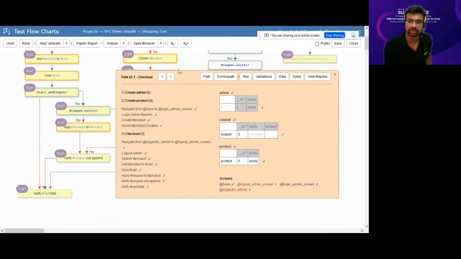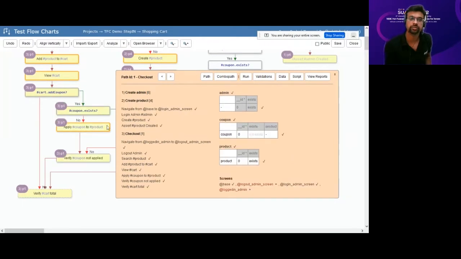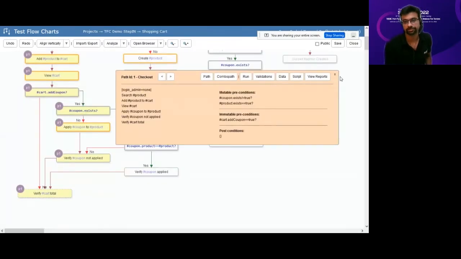In the previous path, we didn't do that. So all this is automatically being picked up based on the path. It is telling you all the actions that are being performed here, and here is the data associated with it. In this case, again, the price and the totals and the subtotals are all the same.